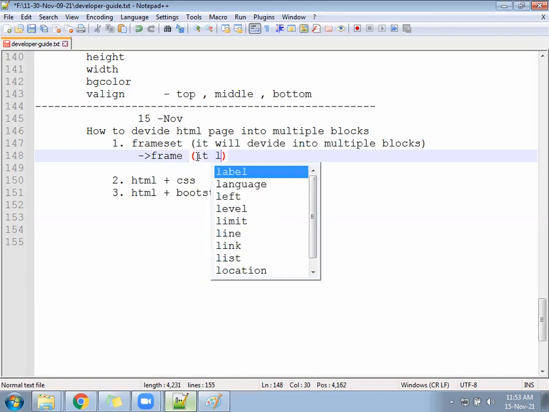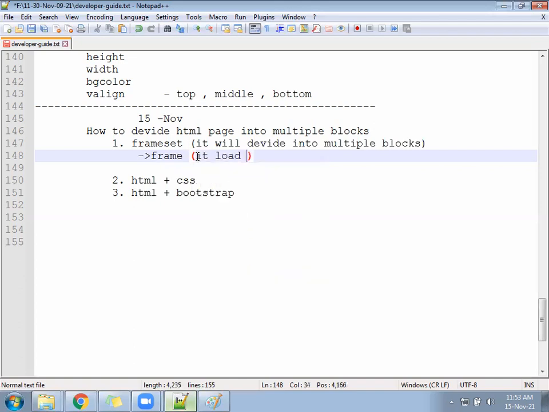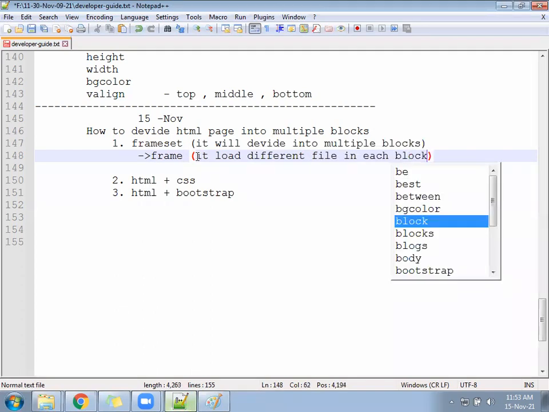It will load a different file in each block. It loads a different file in each block. I'll show you.